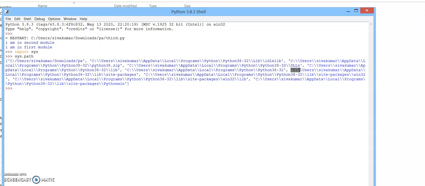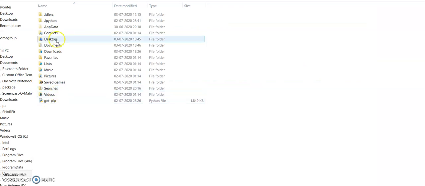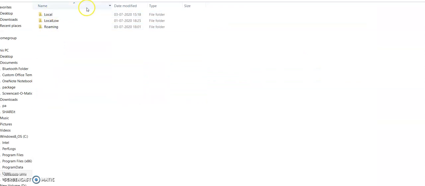I am trying to copy this. This is not possible. So under AppData, sometimes the folder is hidden. To make it visible, you have to do one thing.